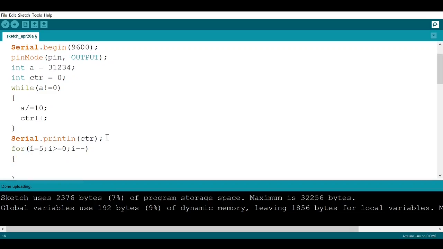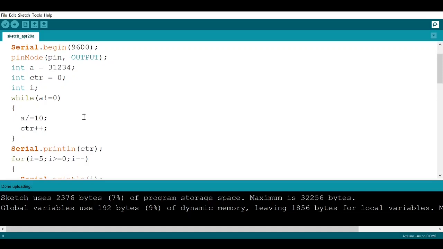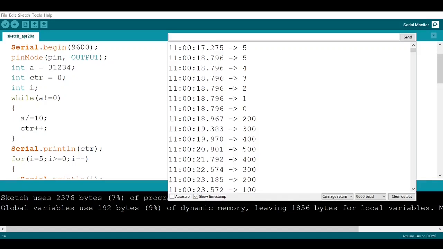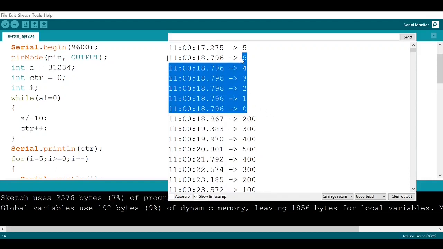And I want to Serial.println the value of i. In this case, you notice you have a fixed condition that we are giving, and we're decrementing it each time. So that's similar to this, but the condition is where the while loop and for loop differ. Now let's execute this code and see how it works. It's done uploading. Now we'll go and open our serial monitor. As you can see over here, the first one, that's 5, is the number of digits in the variable that we made, and the rest of it is the countdown from the loop,